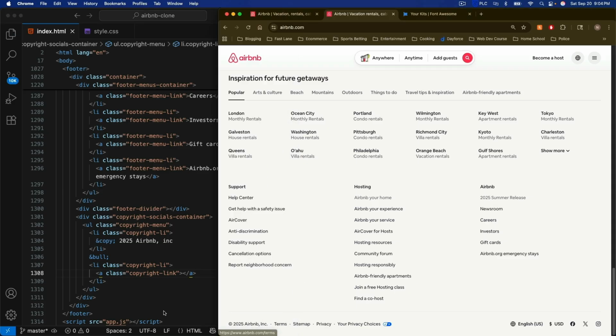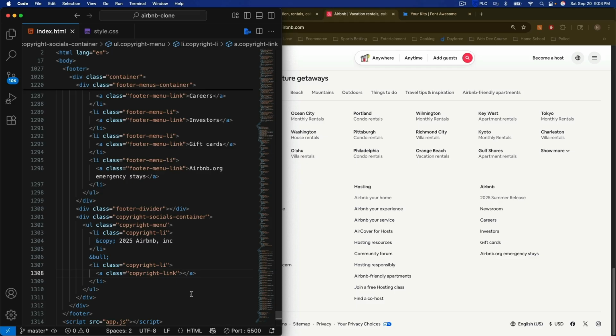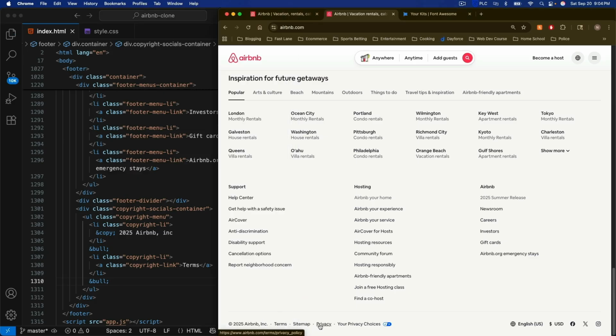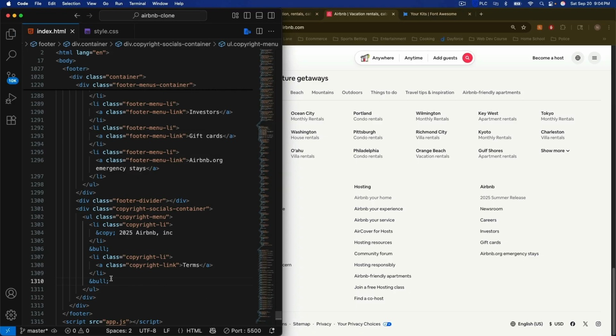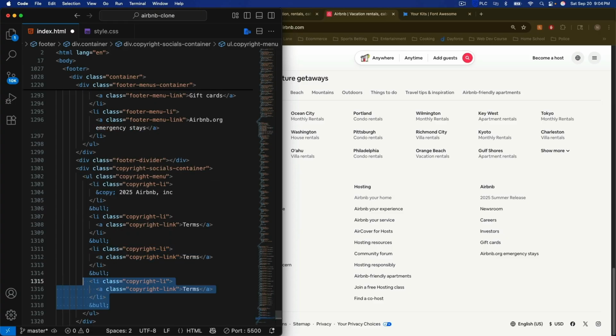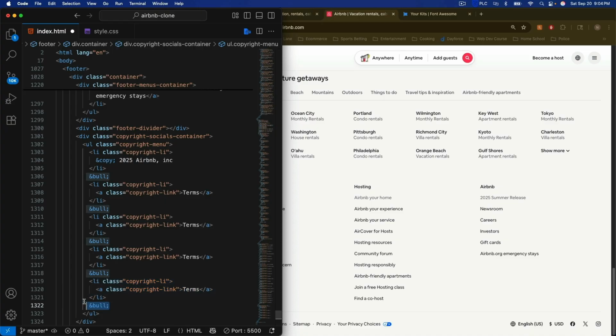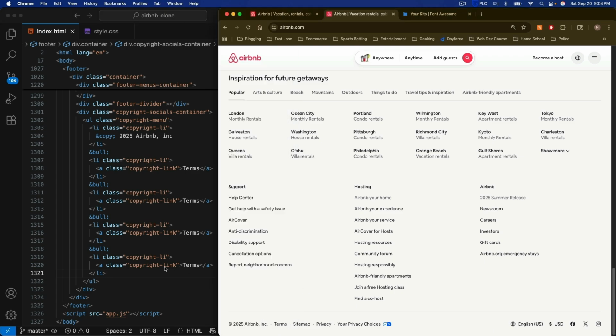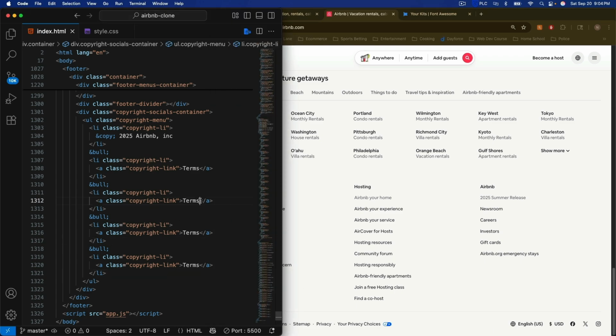And then we have terms, sitemap, privacy, all that stuff. So we'll say next is terms. We'll say ampersand bull. So we have terms, sitemap, privacy, your privacy choices. So 3 more links. So let's just copy those down. We'll say, grab the li, the a, and the bull. Say 1, 2, 3. Get rid of the bullet point on the last one. So terms, sitemap, and again, guys, we're looking down here to get these links. So sitemap, privacy,